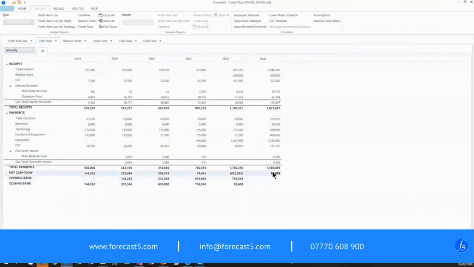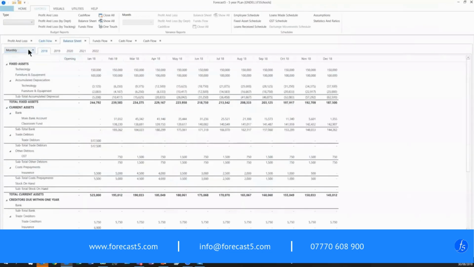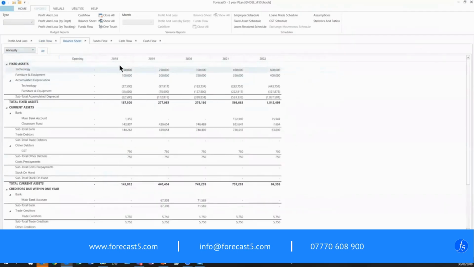So we can see a closing bank account, and that's because on our balance sheet, we've got $150,000. We'll change that again to annually over the 5 years. We're expending and increasing on our technology. We're expending in furniture and equipment. They're being depreciated, as the case may be. The classroom fund